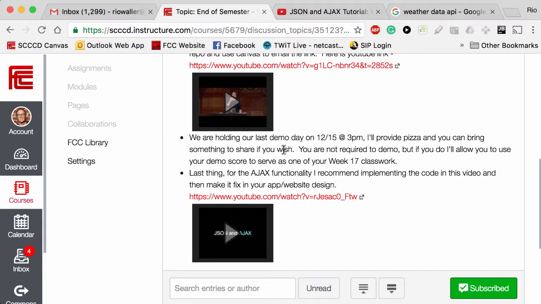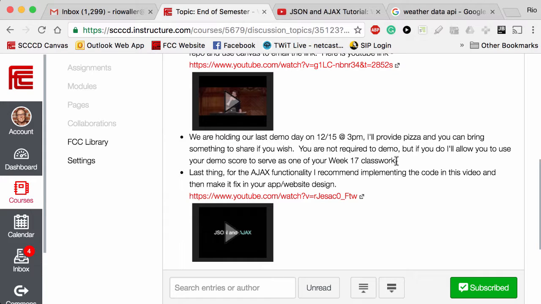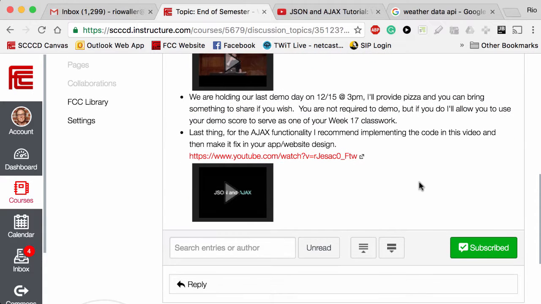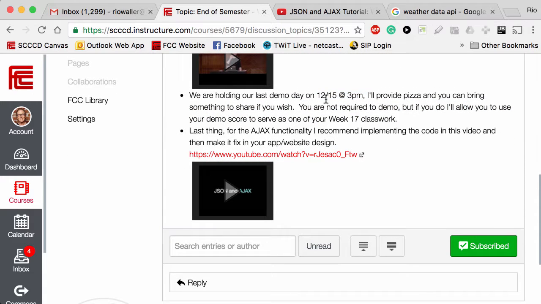Talk about maybe the work you've done since the last demo, or if you didn't do the last demo, where your app is at, right? And just show us, demo it, and talk about whether you are going to take this and work on it more, and if so, what your future plans are. Okay, so that'll happen at 3 o'clock on the 15th,